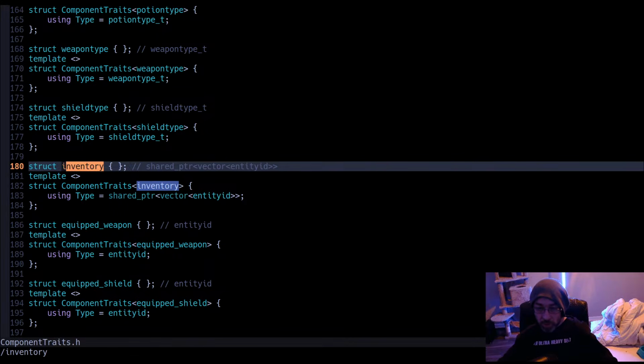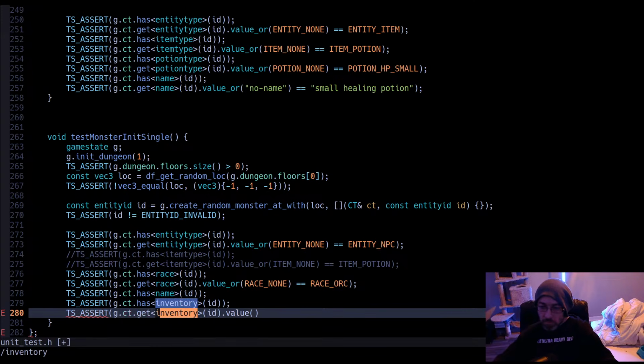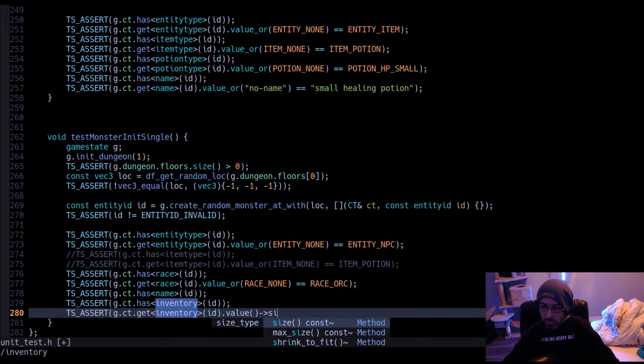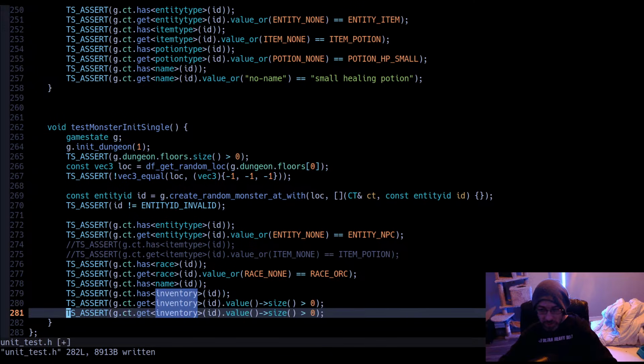Oh, it's a shared pointer to a vector. We actually know it's supposed to be 2. Because it has a weapon and a potion.